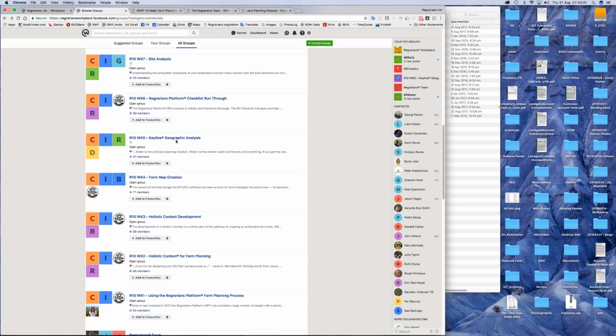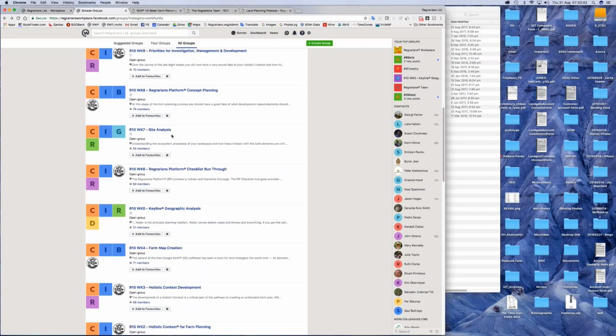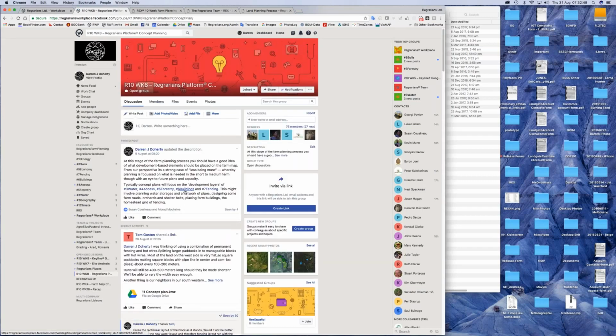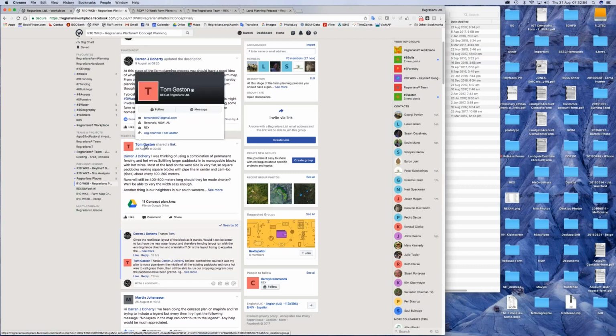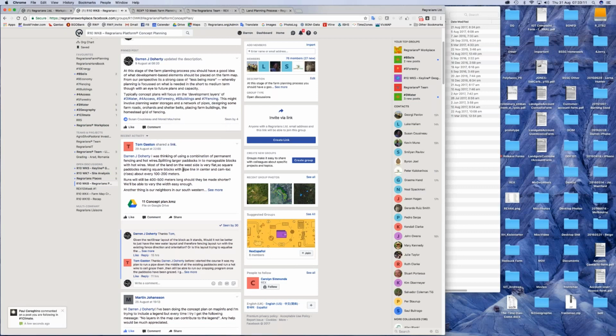So each week, let's come to one that's been more recent. We've just done the Regrarians concept planning. Here, Tom Gaston has a large property of about 6,000 hectares. He actually has two properties, this one and another one that's about 30,000 acres. So we've got people with small properties and large, which is great because it gives participants quite a